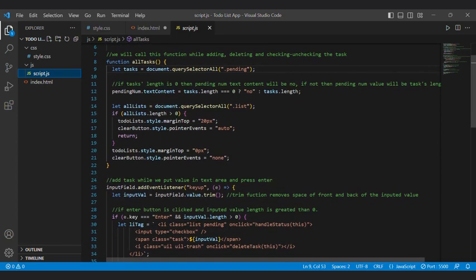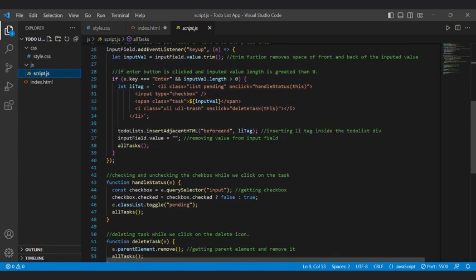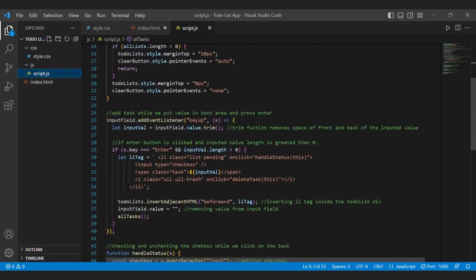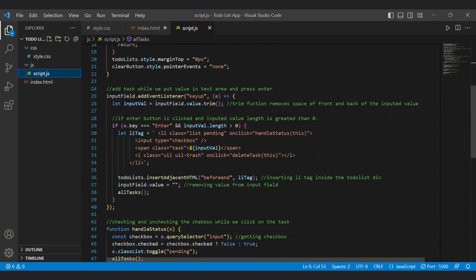So first we will understand all the basic functions we have created. We will start from the function input field dot event listener key up e. This function is basically specifying what happens when we have entered anything in the text field and then press the enter key. First we are removing the white spaces in front and back of the input field value using the trim function. Then if the key entered is enter, and second, the input value we have entered is greater than 0,